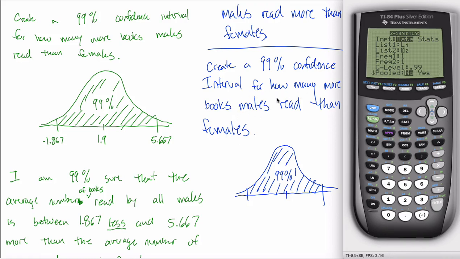So they're kind of referencing males in relation to females. So it'll make things work out nicely if I put in males in what they call list 1 and females in list 2. So since L1 was males, I want L1 to correspond with list 1. Anyways, you tell it your confidence level, which is 99%. You can always tell it you don't want to pool the data because we don't have reason to believe that the standard deviations are the same